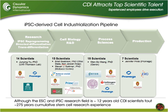Thompson's lab, and we have 14 scientists working on reprogramming and understanding how we can use different tissues and make that process more efficient. And then really the optimization and genetic engineering of starting material to produce a given differentiated cell type is done by a variety of groups, and we then isolate those groups based on cell type. And then we have a process sciences group that is really about scaling the manufacturing in a lot of the